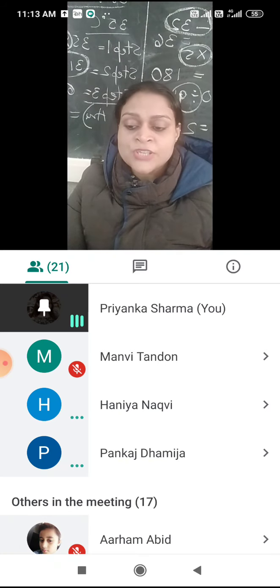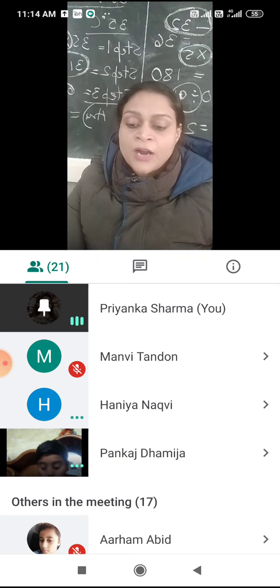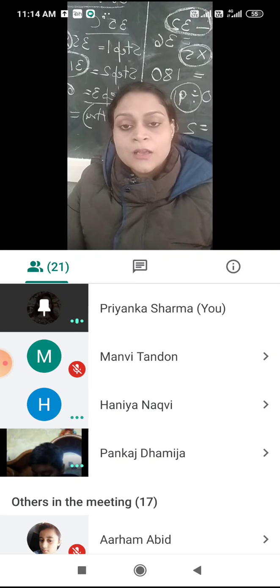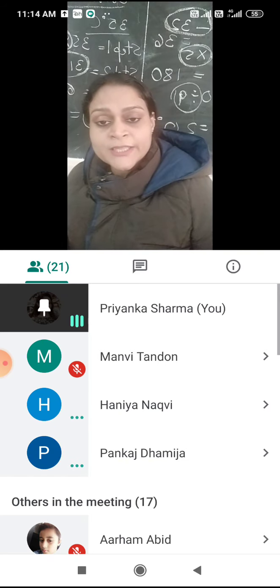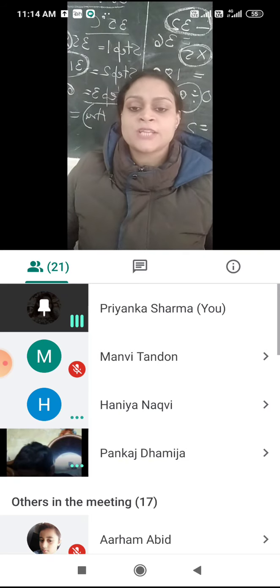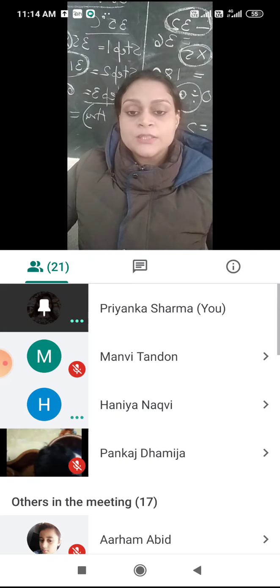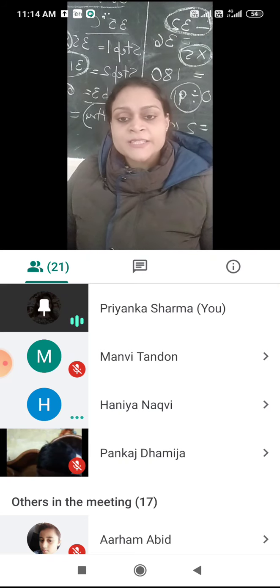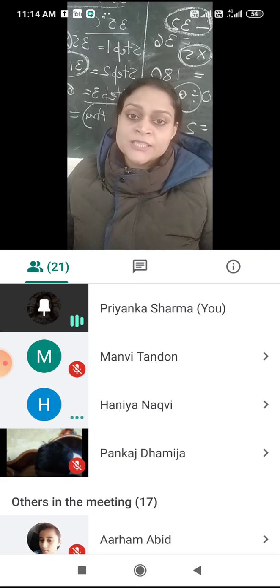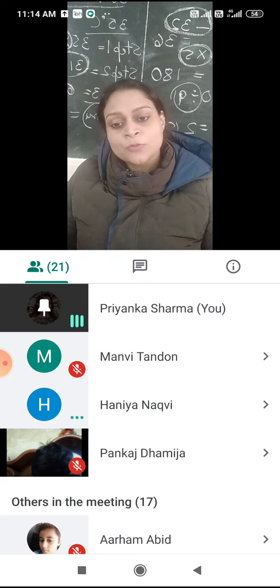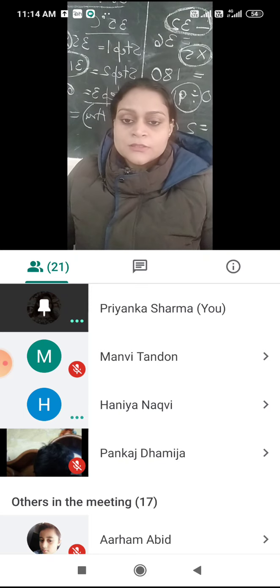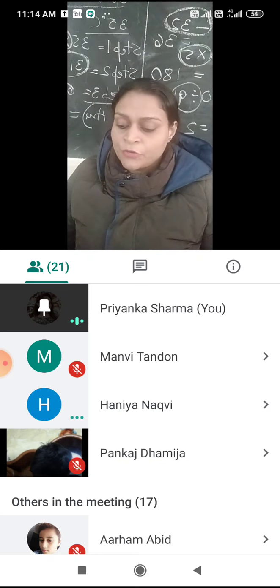The size of a shadow depends on the distance between the object and the source of the light. The farther the object is, the longer the shadow will be. The closer the object is to the light, the shorter the shadow will be. The more the distance between the object and the light, the bigger the shadow. The lesser the distance between the light and object, the smaller the shadow will be.